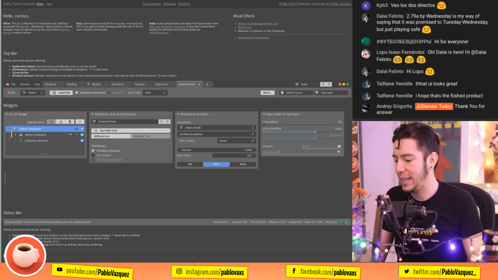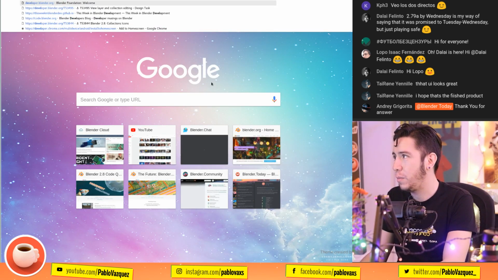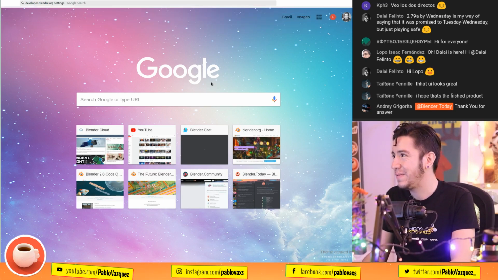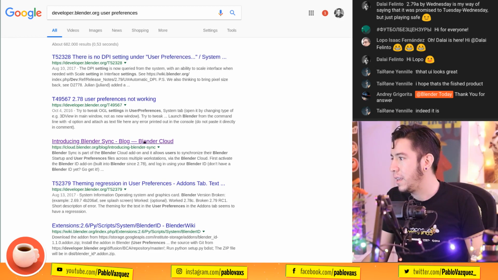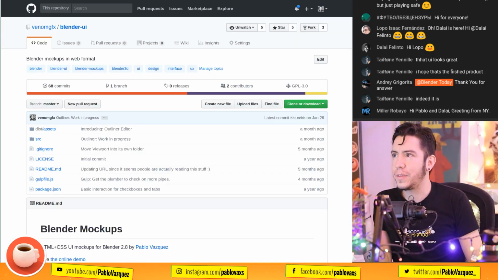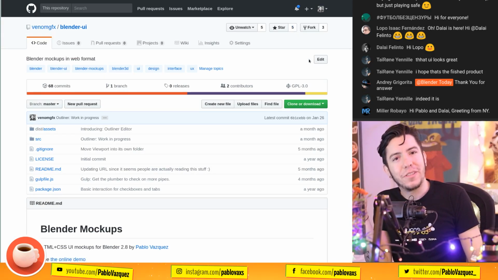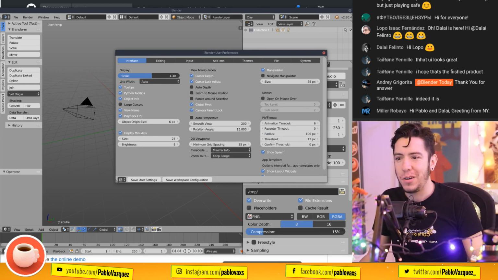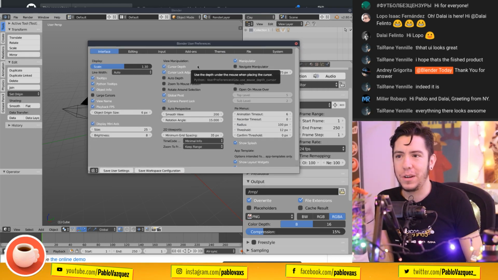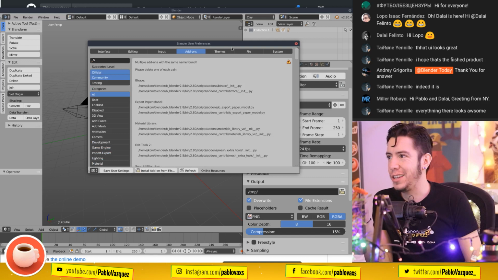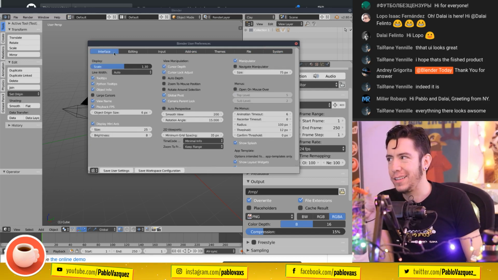There is a nice task that was defined recently in developer.blender.org, regarding the settings or user preferences. I can't find it right now, but there is a new task that is tackling some of the design problems in the user preferences, basically this mess of preferences and settings that we have right now. Julian Severin is proposing a change in this, because did you know that this UI, the changing of the buttons like this, is coming from Blender